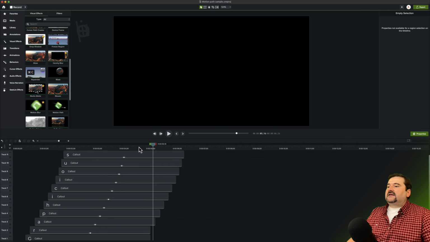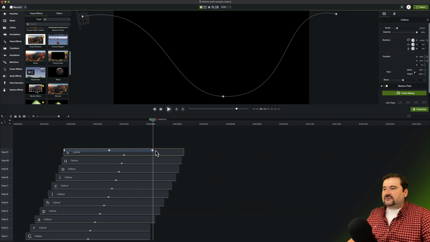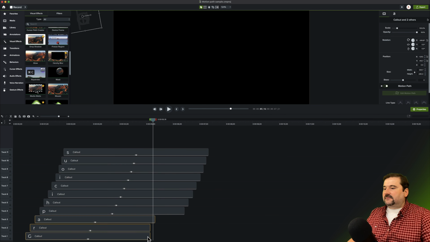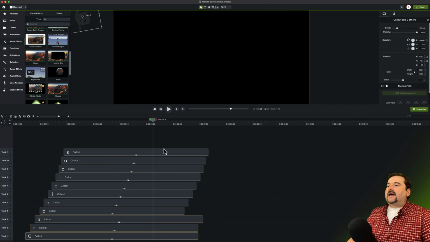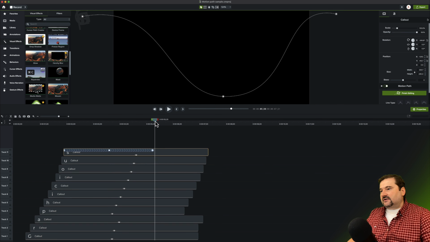Okay, so now the only thing that I need to make sure is I have the endings at the same time. So if you look at the latest one, the furthest one, you can see that if you edit the motion path, just make sure that you don't cut that off. So I may need to expand all of them just a little more. Just expand everything to make them longer, like this. And then now go to the last one and make sure that you are not cutting the end of it,